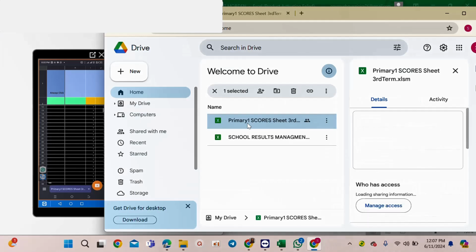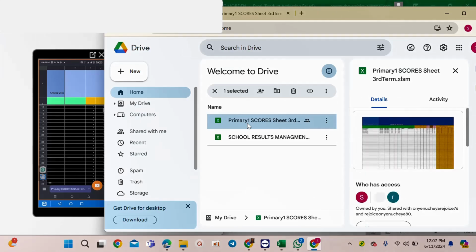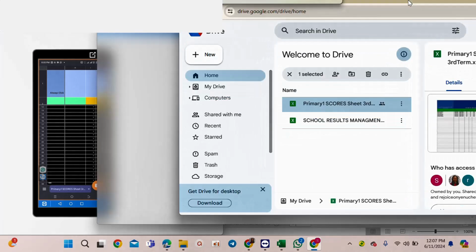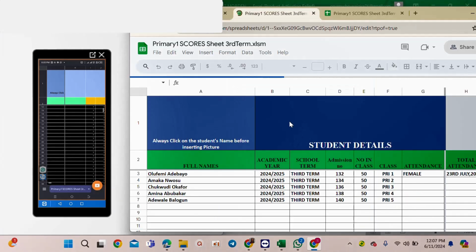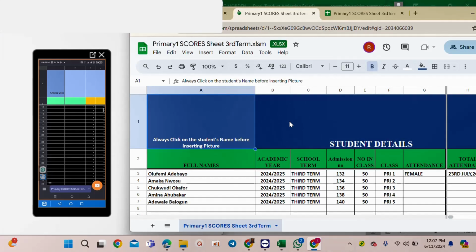Go to your browser, then open the sheets you shared with your teacher. If you look here, you will see how many people you have given access to the sheet. So look at the people I have given access to. Let me open it. I will see as the teacher is inputting on her phone, like this is my phone on the screen here, and I'll open it on the school browser on my laptop, so that when this teacher is inputting, I am seeing it, or you managing the school system are seeing it at your own end. I advise you to use the one in your school browser, so that it will be fast